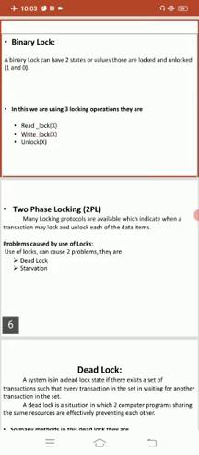Many locking protocols are available which indicate when a transaction may lock and unlock each of the data items. This locking protocol divides the transaction execution phase into three parts. In the first part, when a transaction starts executing, it seeks permission for the locks it needs. The second part is where the transaction acquires all the locks. The transaction executes its operation,